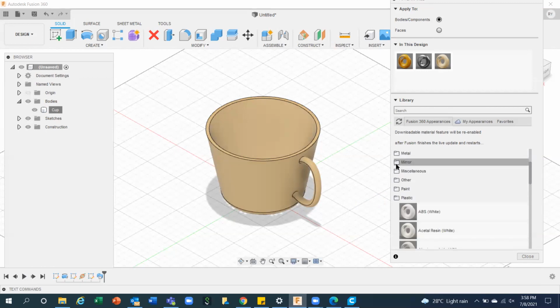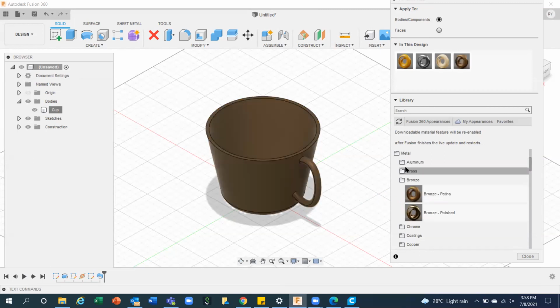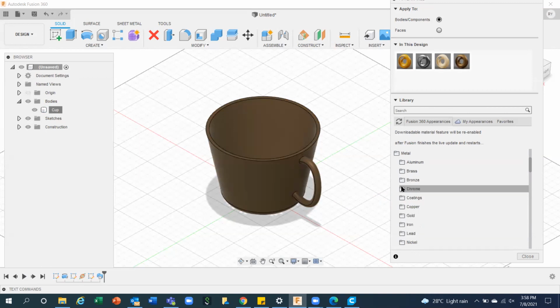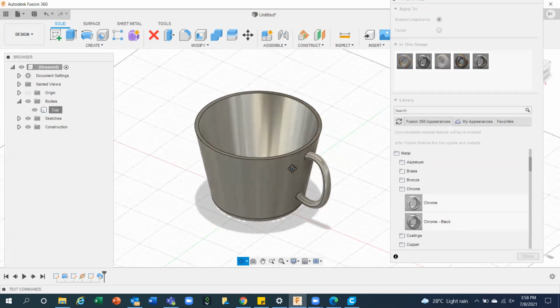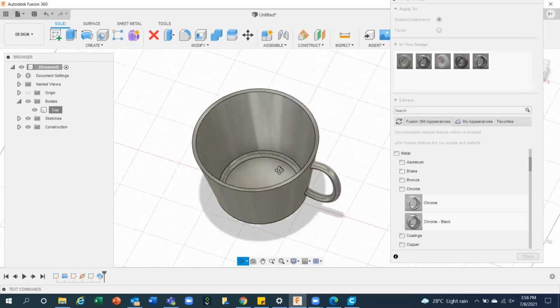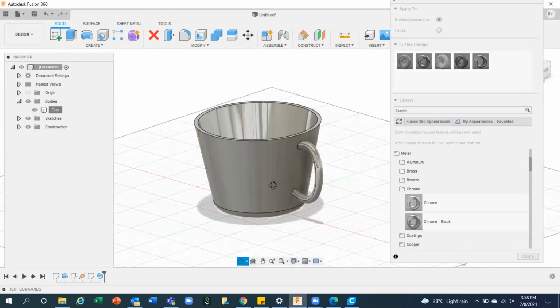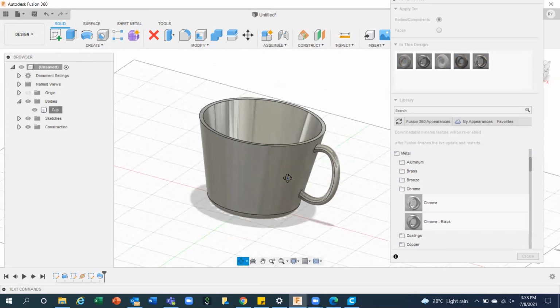Drag and drop. Okay, sir, I will try. Yes, sir, now it is happening. Simple. You only need to invest some time with this technology. That's all.